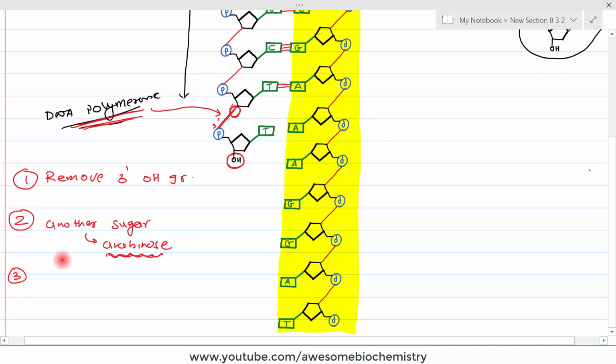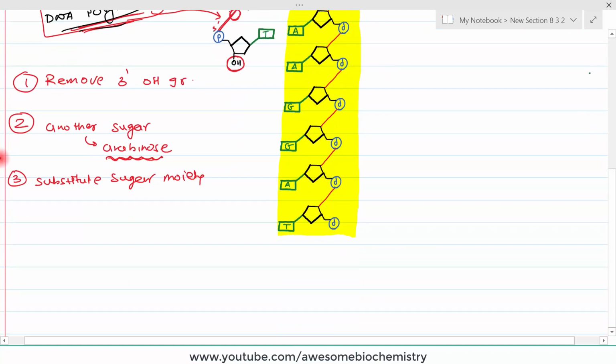Or the third strategy can be, you can simply use the substitution of the sugar moiety. You can substitute the sugar moiety with another substance. So these 3 strategies can be put in place to inhibit DNA polymerase, and so you can inhibit the chain elongation of the new DNA. So let's understand all these 3 strategies. So the first strategy is the removal of the 3' OH